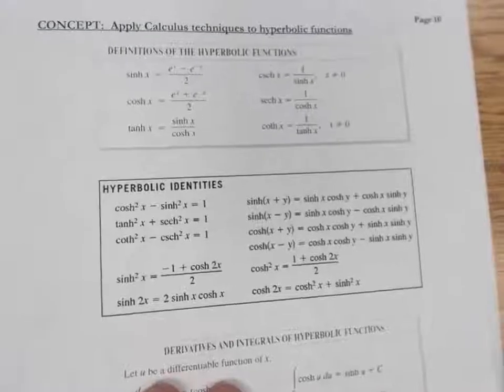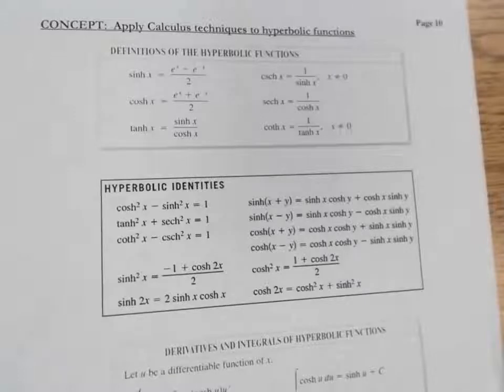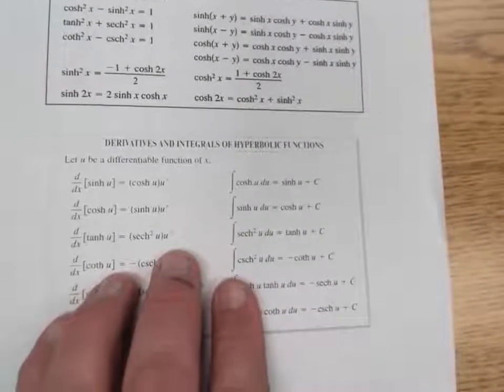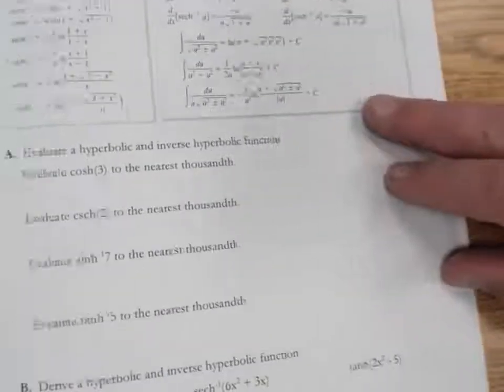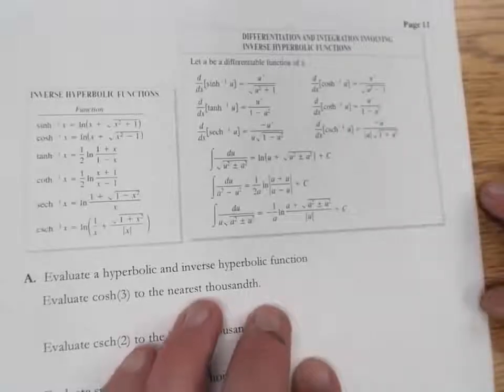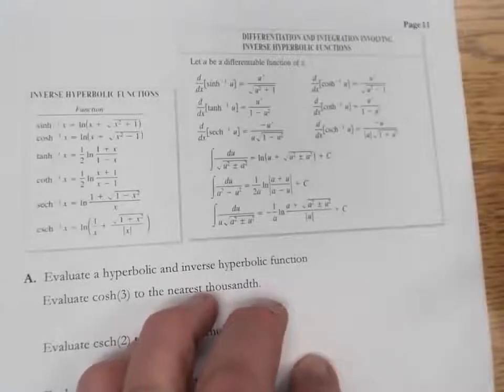your study guide on this particular page, these are the definitions of hyperbolic functions. And these are pretty useful, in fact, when we're trying to find values. They also have their own identities. They also have their own derivatives and integrals. And we can also work with, on the next page, inverse hyperbolic functions and the derivatives and integrals of those, much like we can work with derivatives and integrals of trig functions and derivatives and integrals of inverse trig functions